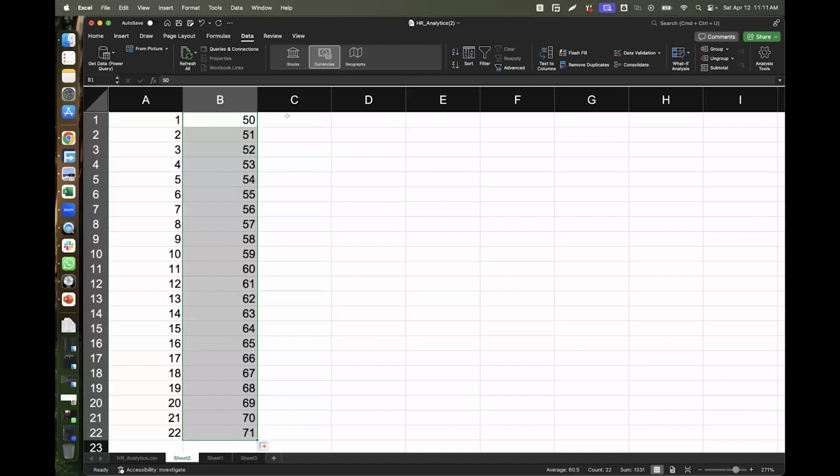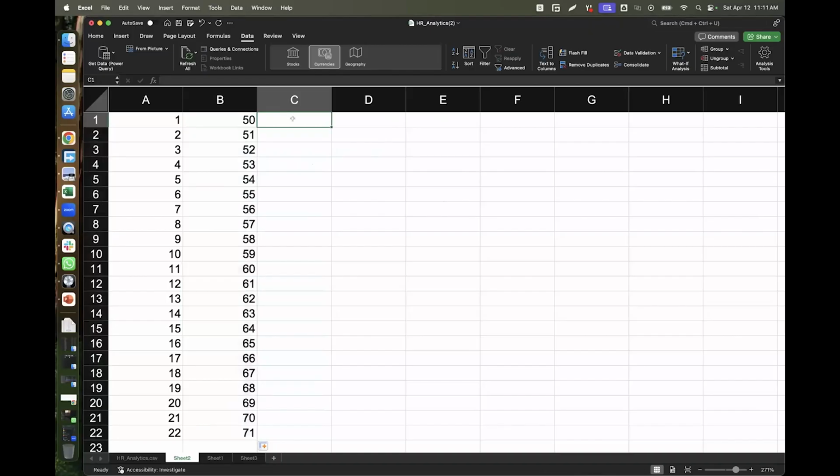But the purpose of this is not to show you how to flash fill, but to show you how exactly you can do basic calculations. So let's say we want to add 1 and 50 together in Excel without stressing ourselves.